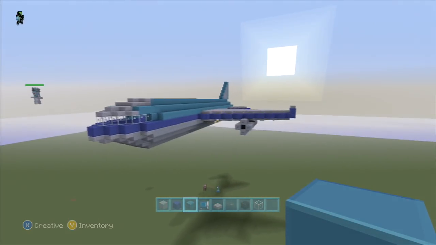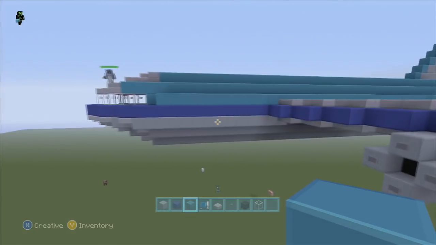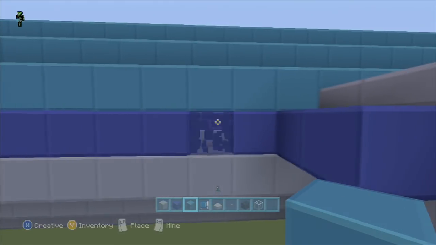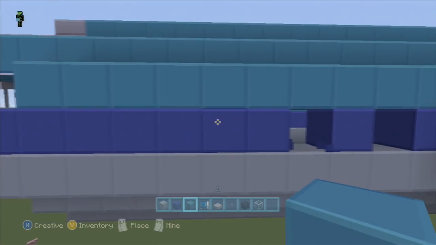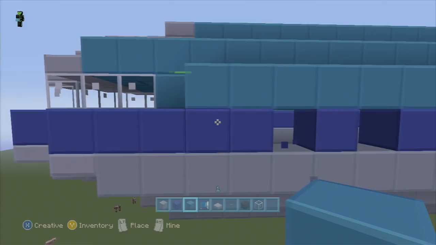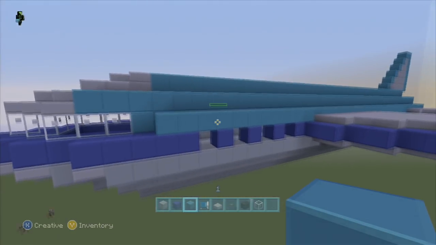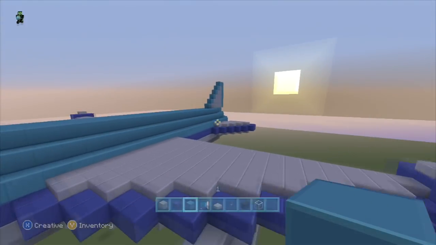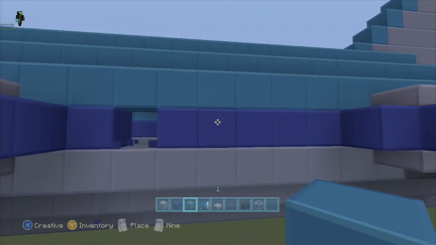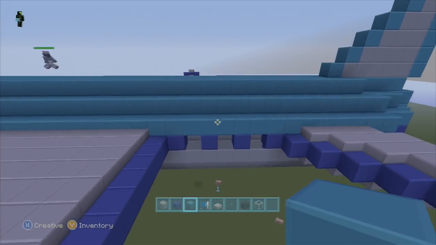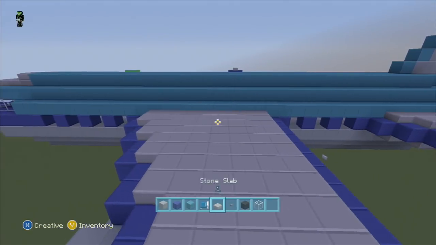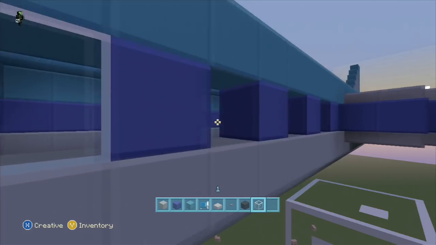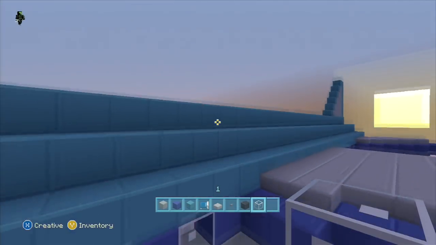All right, and then when you do the windows, I did it to where it was one away from the edge. And then you just take a step here, and that's enough right there. Just do 4 in front of the wing because we want to have some room for the cockpit and stuff, and then there'll be 3 behind the wing in between the other one, and then you fill those in. Definitely want to put these type of windows in so they're more streamlined.